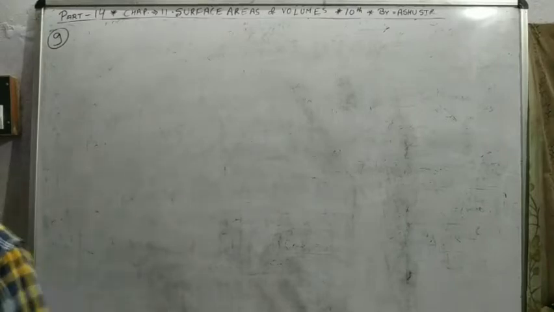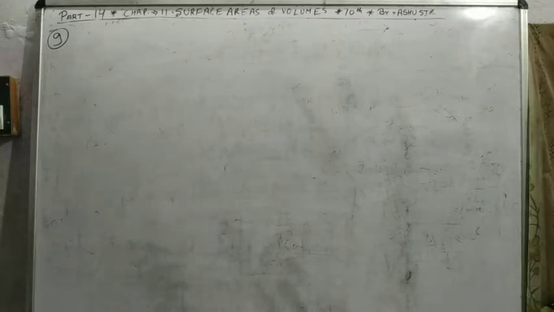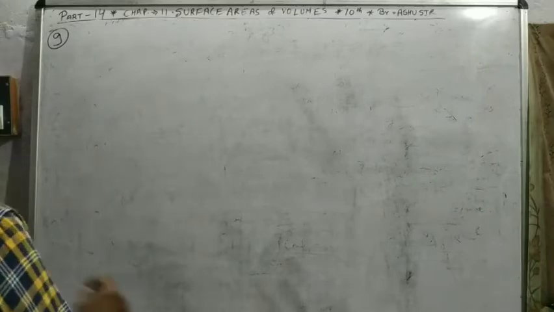See next question. A wooden article was made by scooping out a hemisphere from each end of a solid cylinder, as shown in the adjacent figure. If the height of the cylinder is 10 cm and the base radius is 3.5 cm, then find the total surface area of the article.